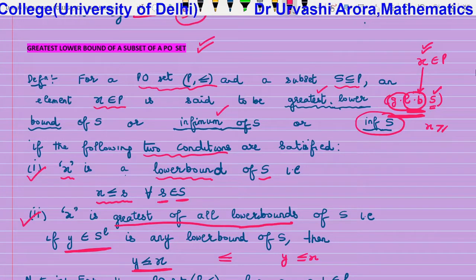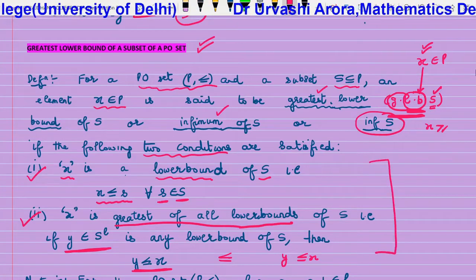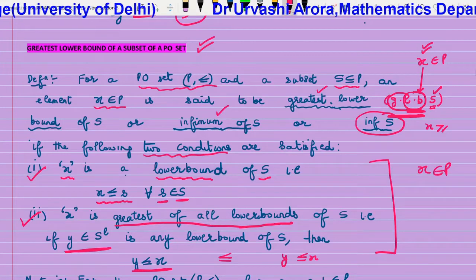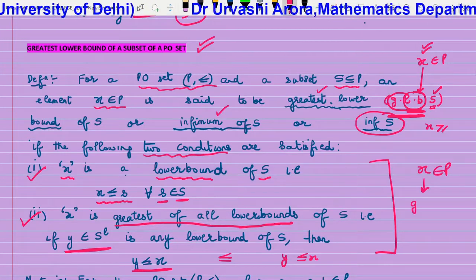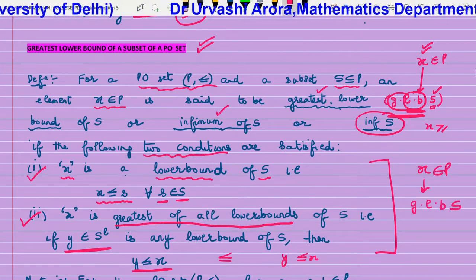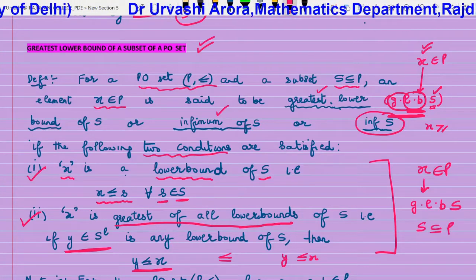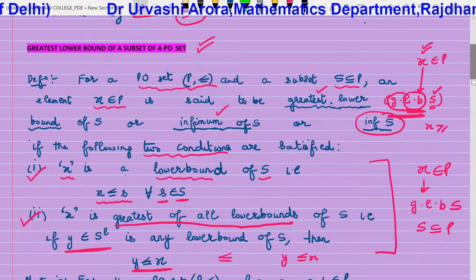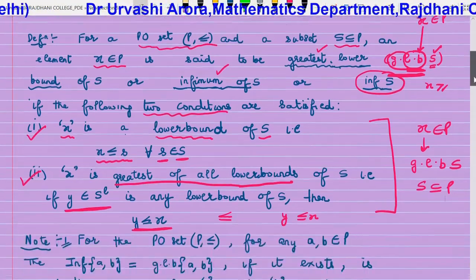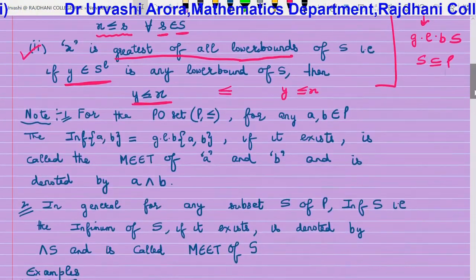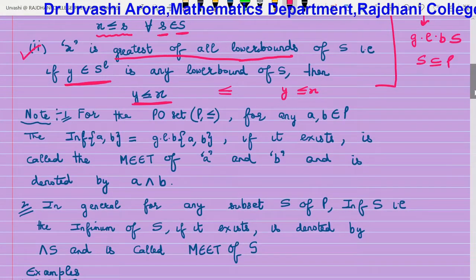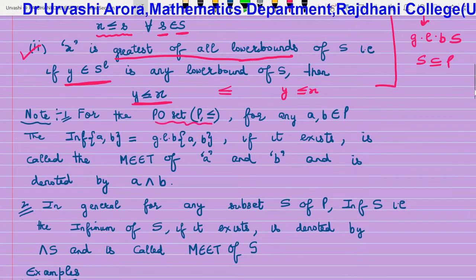So these are the two conditions that must be satisfied for an element X belonging to P to be the greatest lower bound of S, where S is a subset of P. Now once we know the definition of greatest lower bound, a few notations in this regard, which are common notations. The first notation is that when you are in a PO set P, less than or equal to, and